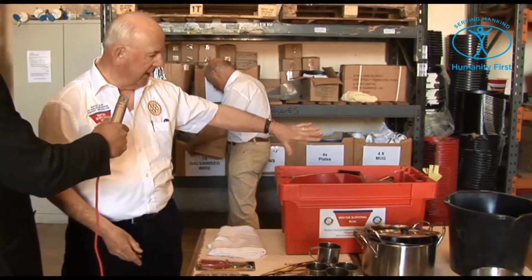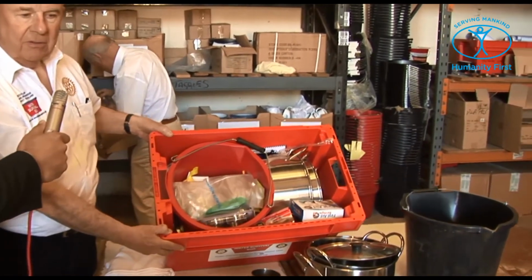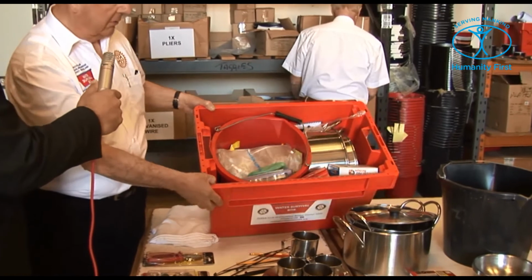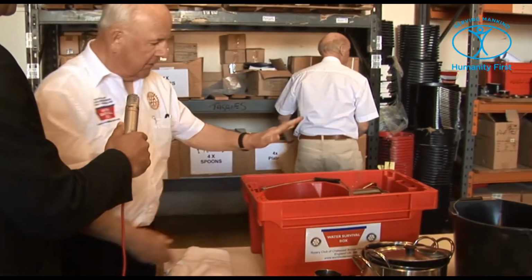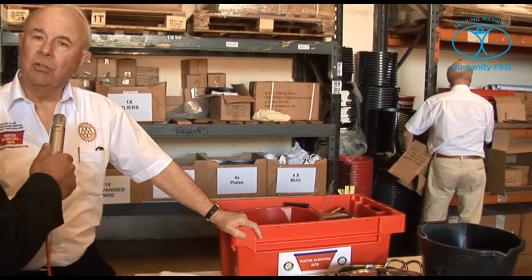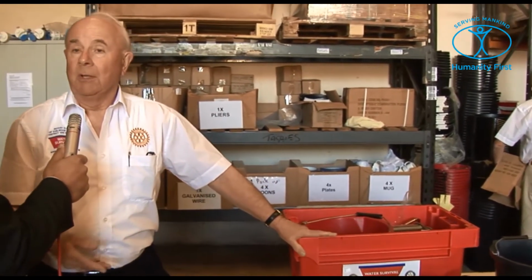Here you can see a box that contains all those items. And you might say, well, the amazing thing is it all goes in the box, but it will. And so that all goes out. We send it by air, and usually between confirming the arrangement, somebody, for example, most recently, we had a request